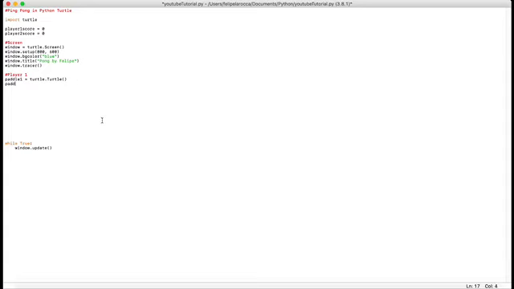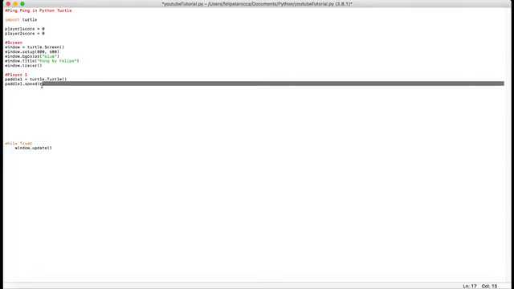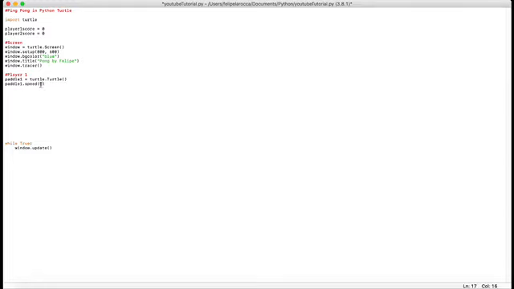Now, this is something that new coders get confused with all the time: the speed. New coders always think running speed, so the speed of how it moves, but no, it's just the animation speed. And the highest, the best, is 0 for some reason. But yeah, that's just what it is. So this is the animation speed, not the actual running speed or speed you want it to move at. We want